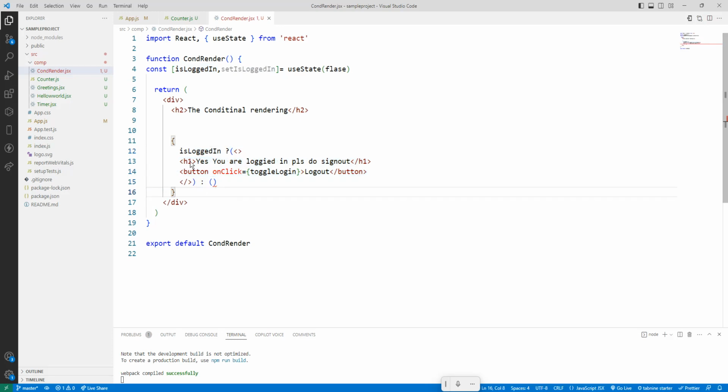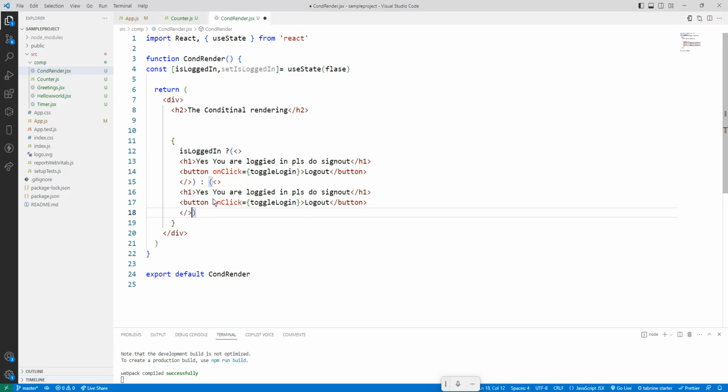So I will copy from here and paste here. Yes, you are not logged in. Please log in. On click, login. Control S. If I just go to the browser,